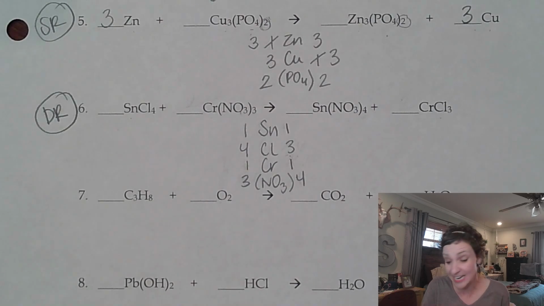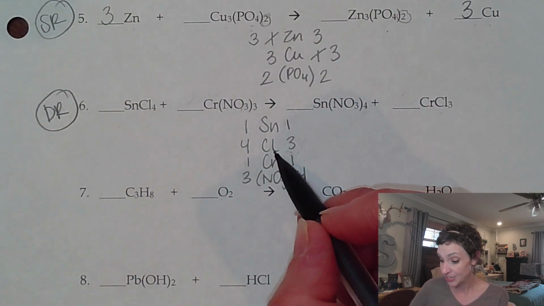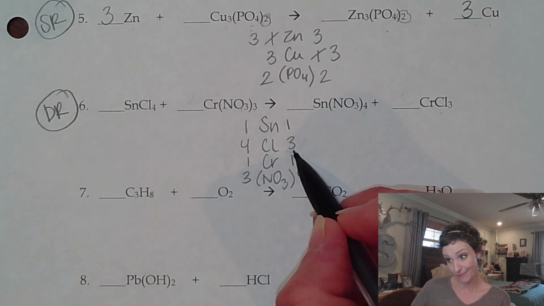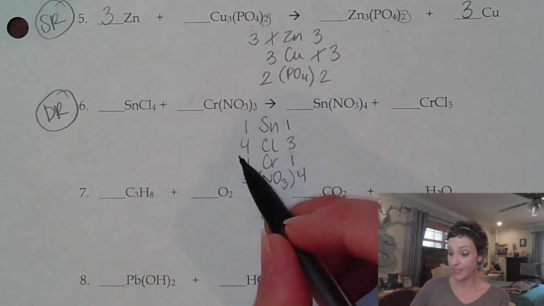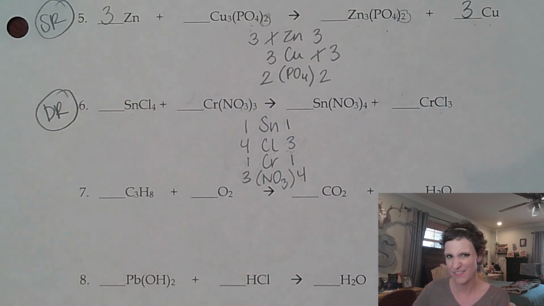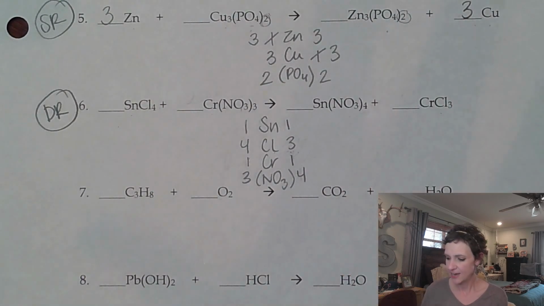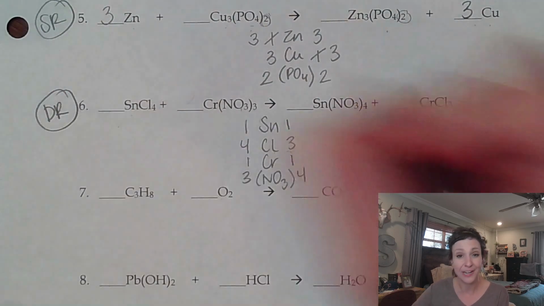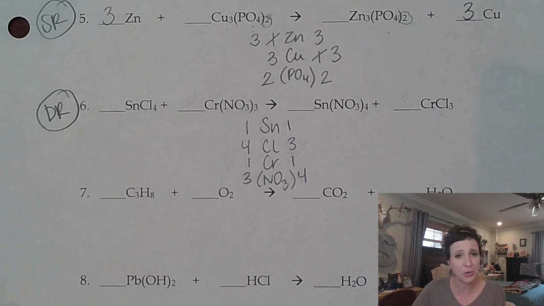That seems like maybe an easy fix to where if I wanted to, I could multiply 3 by 4 and get a 12, and then I could multiply 4 by a 3 coefficient and get a 12. So let's see if that sets us up for more success. And I know some of you are like, what is she doing here? You'll get used to playing around with putting numbers in, and you may have to erase some things,